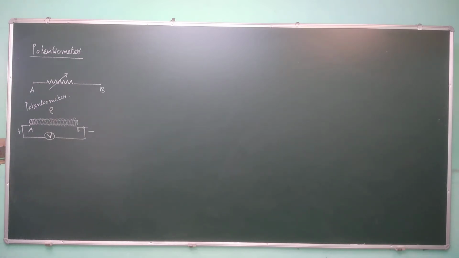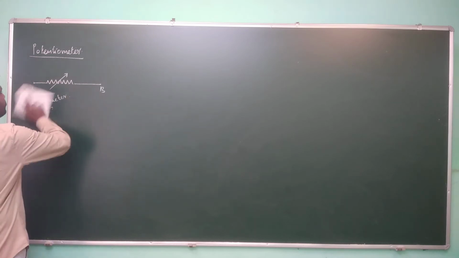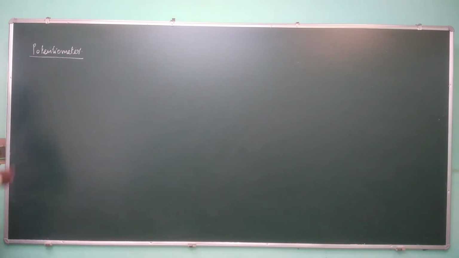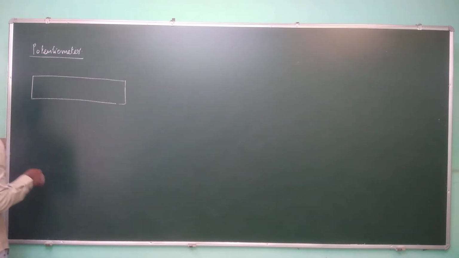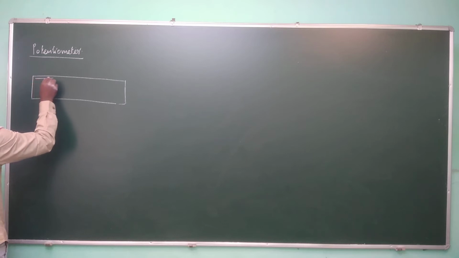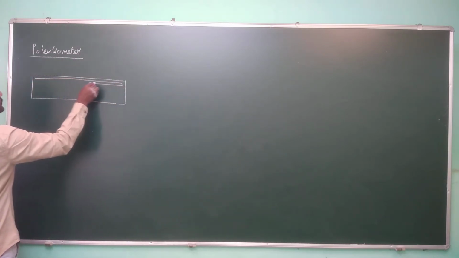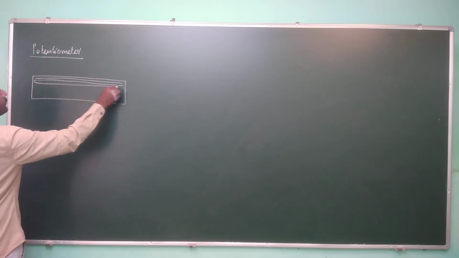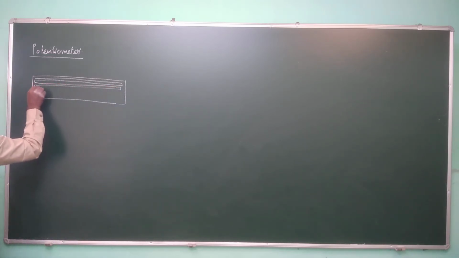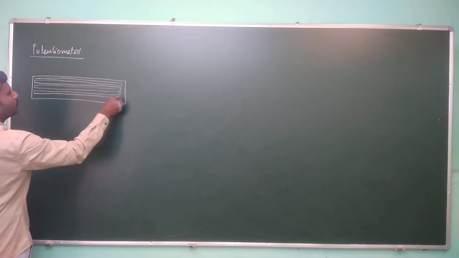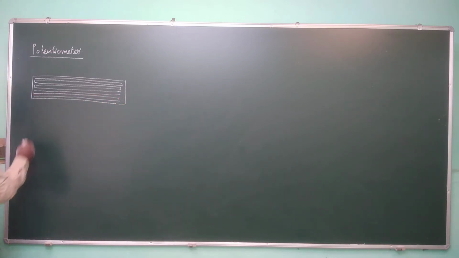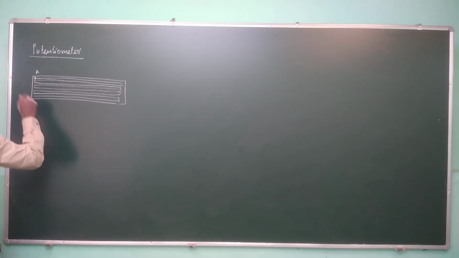So actually, a potentiometer is a device which will look like this. There will be a wooden base, and on it the wire will be arranged in such a way that it will have an appearance like this. A wire is taken and it is folded into 10 lengths of 1 meter. There is a connector here, denoted by A. There is another connector here, denoted by B.